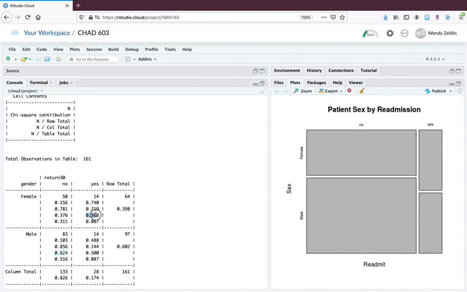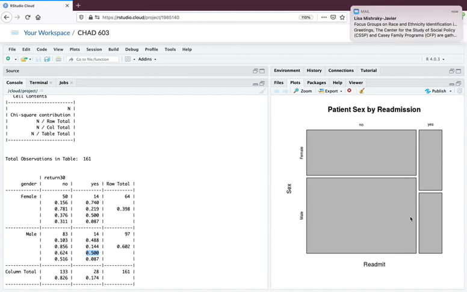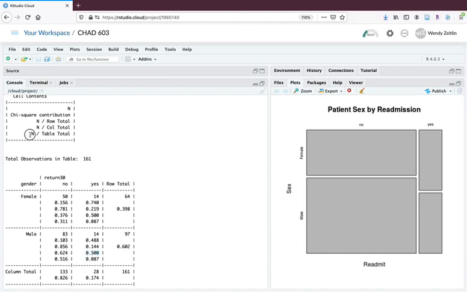So the fourth number down tells us that half the patients who were readmitted were female and half the patients who were readmitted were male. So this really illustrates this quite well, okay? And then this last one is the n, the number in the cell, divided by the table total. So this is 161 patients. So if we take 50 and divide it by 161, this is saying in our sample,